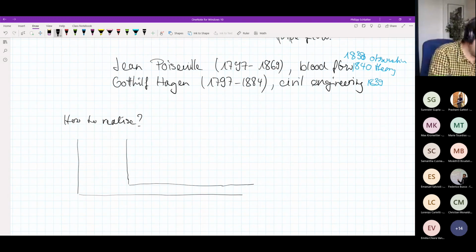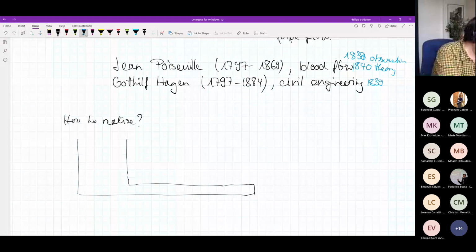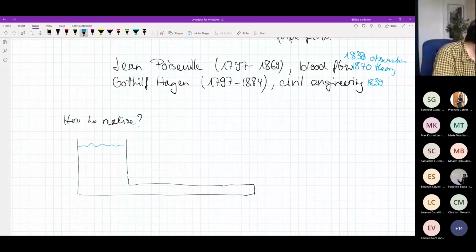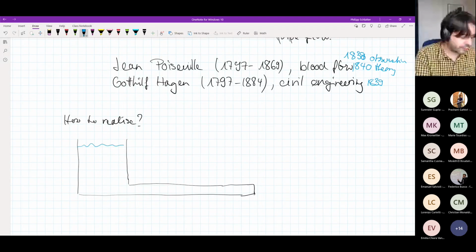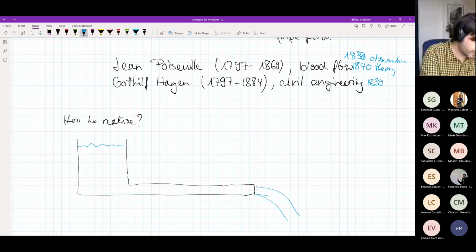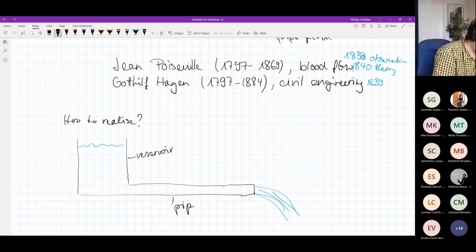And we have an end somewhere, and we fill this with water or with some fluid, and then of course what happens is that this fluid will go through this apparatus and come out here on the front. So that means that we have here some sort of reservoir. We have here a pipe where the flow goes through,